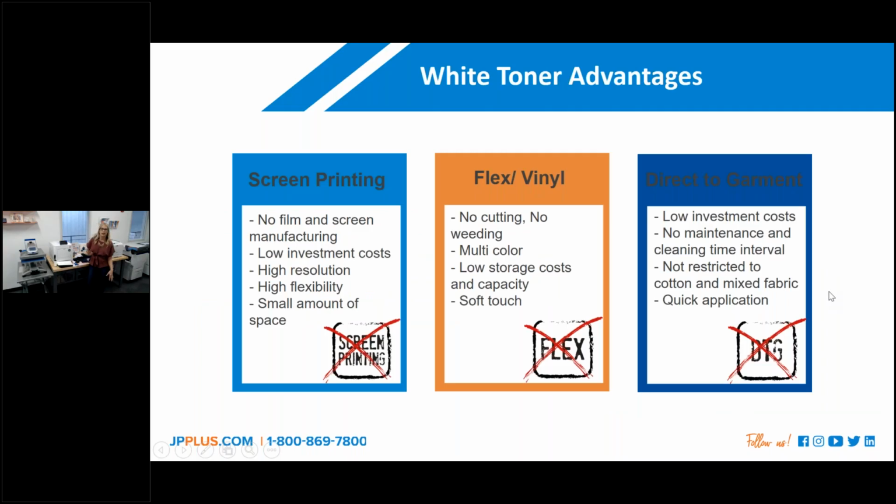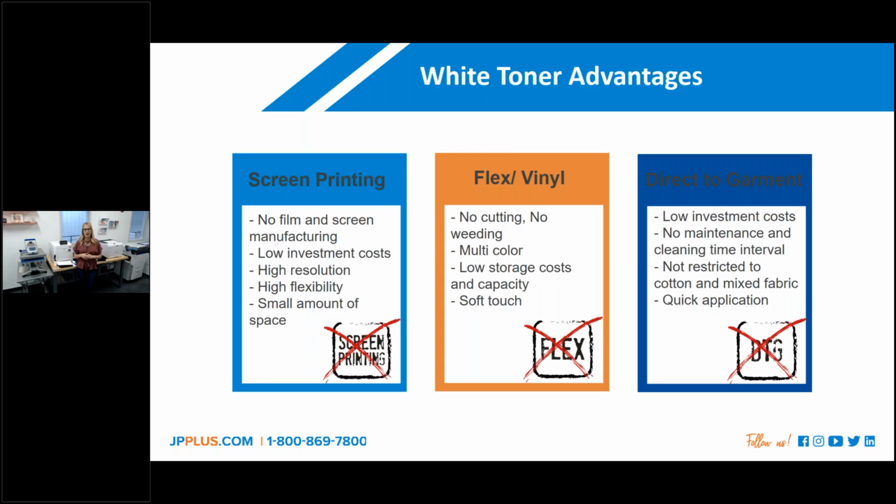And then just some advantages of the white toner printers, because I know some folks want to go into screen printing, or ask how this compares against vinyl, or even direct to garment. With screen printing, it's a huge footprint. As you can tell, with heat transfer it's a small footprint, just like sublimation. Desktop size for the majority of them. With vinyl, you're not going to have to weed with the heat transfer printers. So that's a huge factor, and you can offer the full color availability.